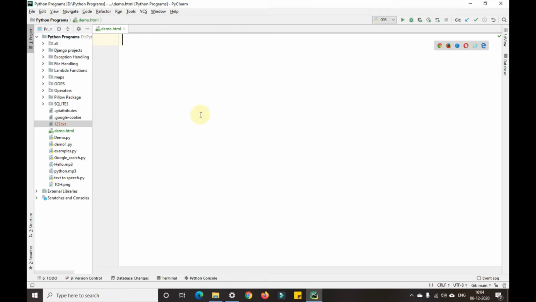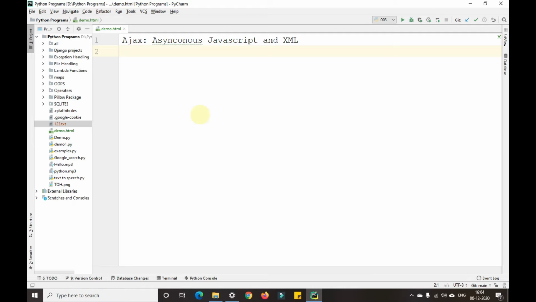So today I'll be showing you what is Ajax and how to work with Ajax. So what is Ajax first? Ajax is nothing but Asynchronous JavaScript and XML. Okay, so this is nothing but a combination of both JavaScript and XML. With the help of this, we can fetch the data even after the web page is loaded completely. Okay, so how to do that, I'll be showing you now.